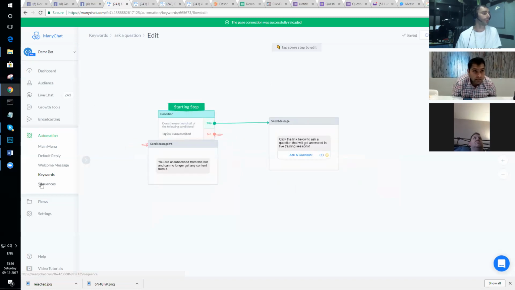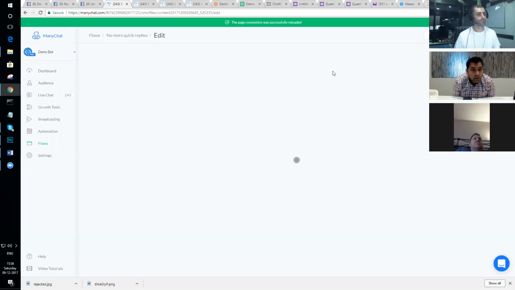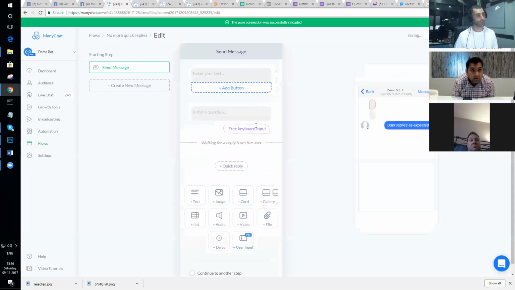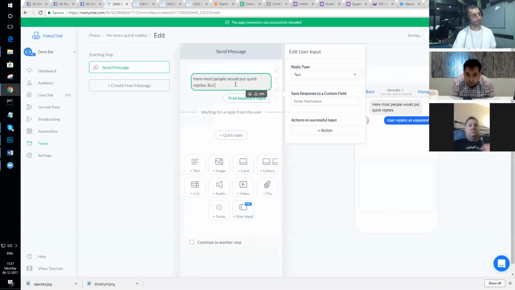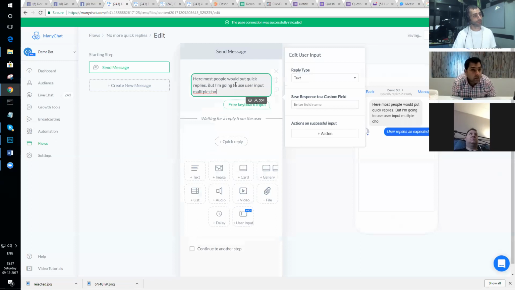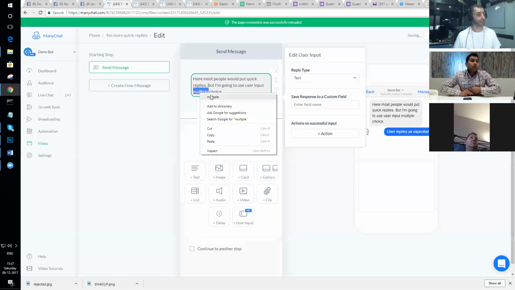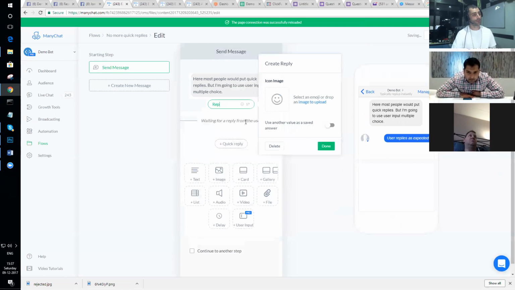Well, you can change that really easy by going to a flow, creating a new flow, and call it no more quick replies. And I'm going to ask a question here. Here most people would put quick replies, but I'm going to use user input multiple choice because they're about the same thing as quick replies. So I'm going to say multiple choice, and I'm going to put in reply 1,